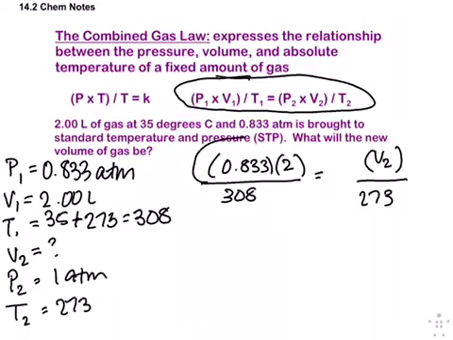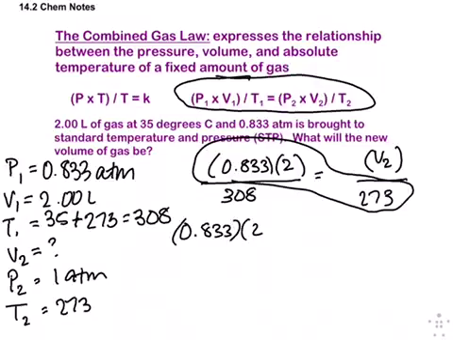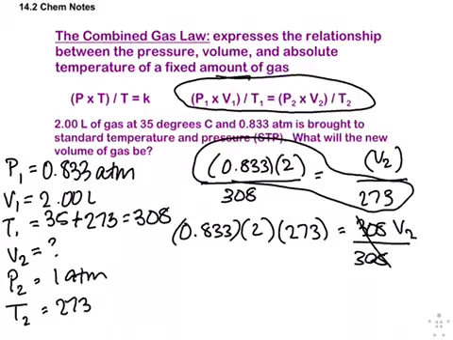I would cross multiply this one again. So 0.833 times 2 times 273 equals 308 V2 divided by 308. And your second volume should be